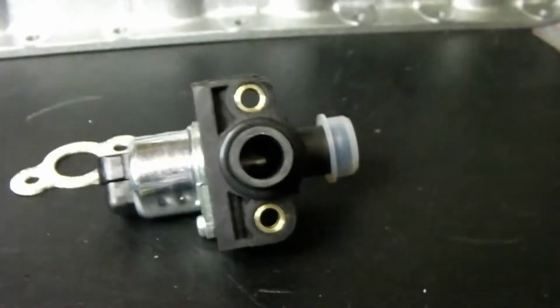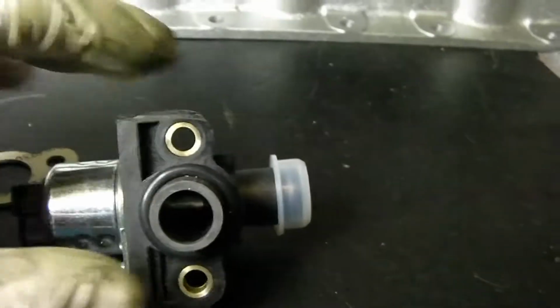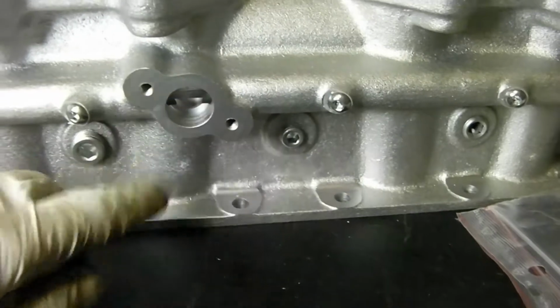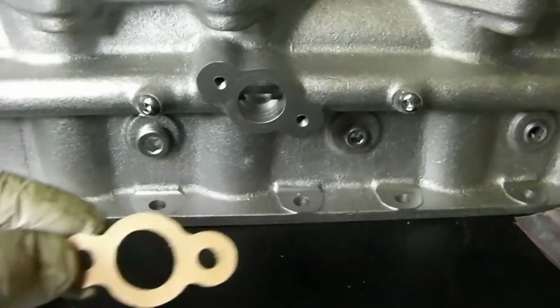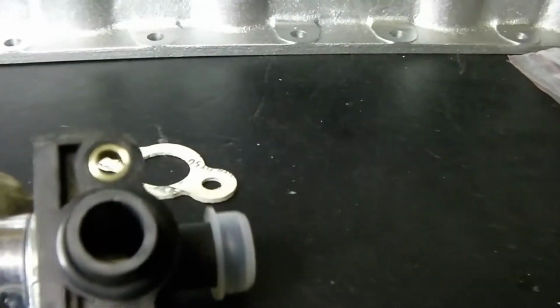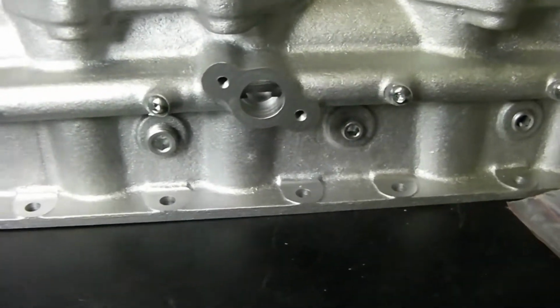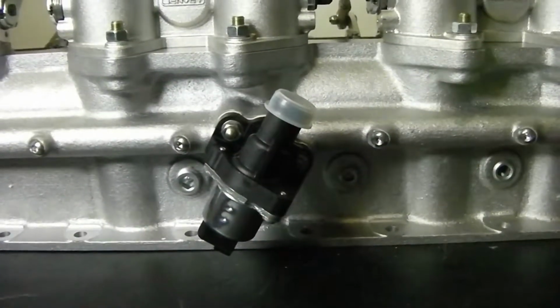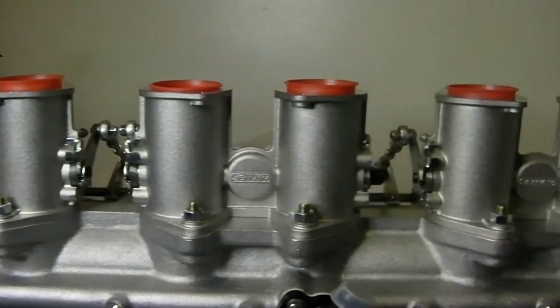Okay, now we're going to fit the air idle control valve, which helps it tick over. It comes with an O-ring, but as there's no O-ring slot cut in the actual manifold, Mangoletsi comes with this gasket. So you need to take the O-ring off, put the gasket on, fit the studs in the head, in the manifold, and then install it. Okay, so the idle air control valve's now fitted. So that's all the injector heads